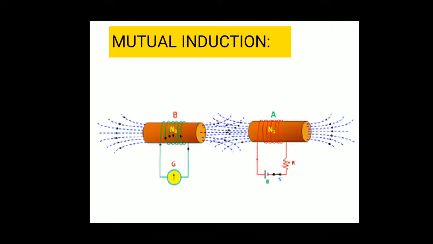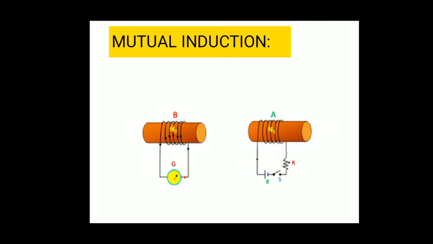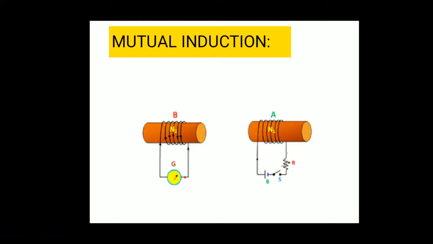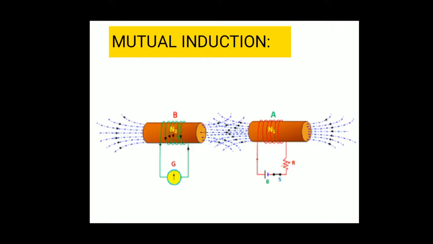Because of what? According to Lenz's law, the EMF induced in coil B is due to the change of current in the coil A, that is by increasing the current in the coil A. Therefore, it opposes the growth of current in the coil A. Right? Again, when the key is released,